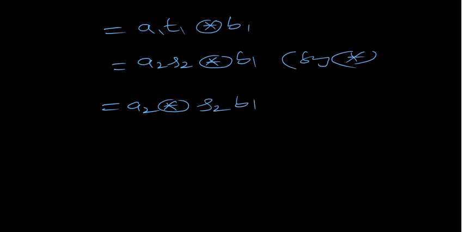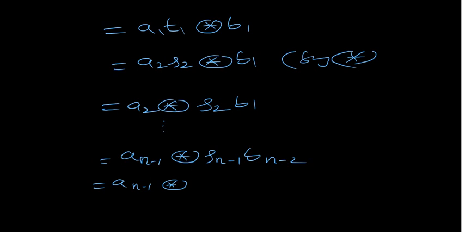Okay, because these two are equal, they are actually tau related. And if we continue this process, finally we arrive at An minus 1 tensor Sn minus 1 Bn minus 2. But this Sn minus 1 Bn minus 2, from this set of equations, it's equal to Tn minus 1